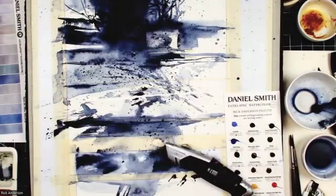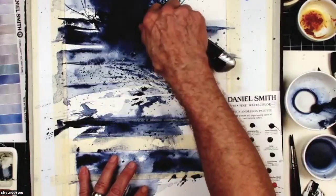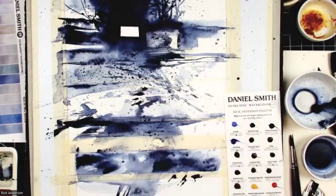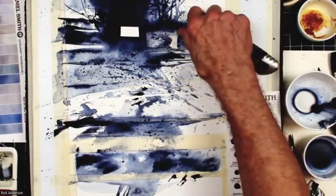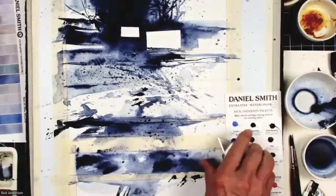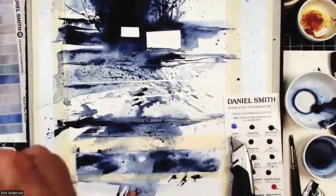Now, this is dried, so it gives me the opportunity to take this real dull X-Acto knife and peel that shape off. That could be a structure. And here is a larger shape, another structure. Now, this is just the basic hard edge. And then along the whole interesting